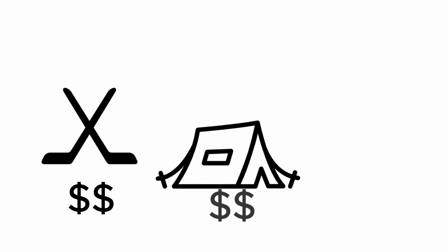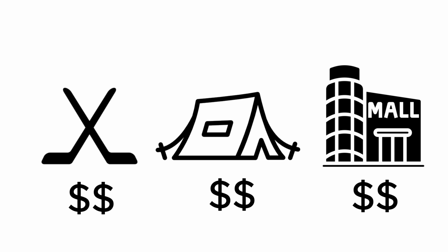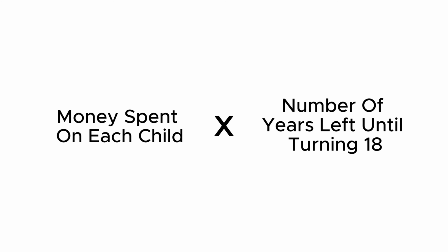Then, I don't know what your children are like, but mine played travel hockey, mine went to summer camp, mine needed the latest shoes and clothing, and so there were costs associated with getting my kids to 18 years of age. Now the reality is some people, when I do this exercise, it's year 21, because kids tend to be staying at home a little bit longer. And so the second thing you do is figure out how much you spend on each child and multiply it by the number of years they have left until they hit age 18.